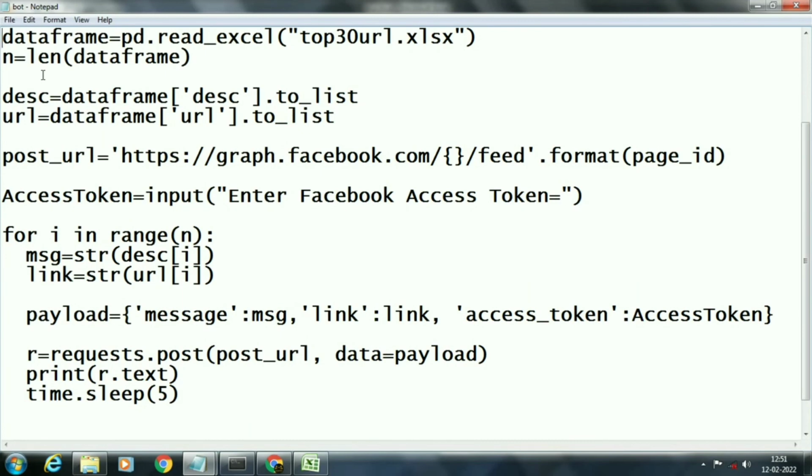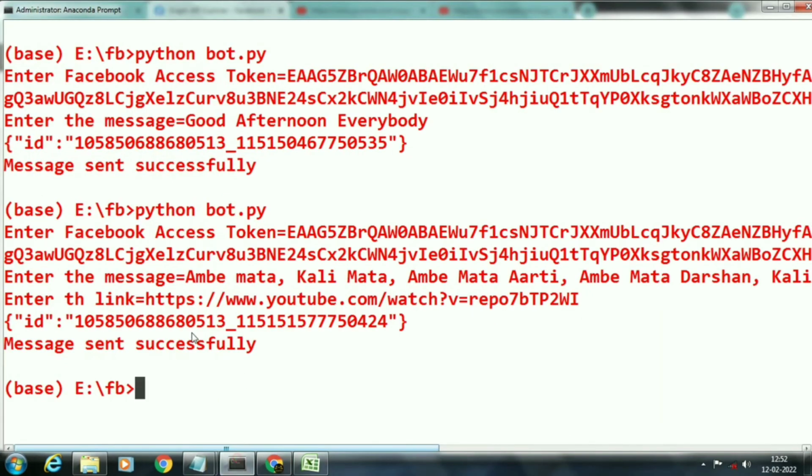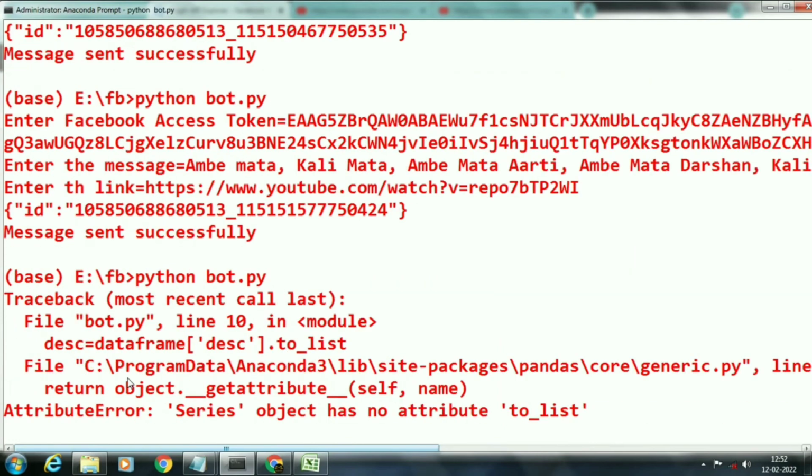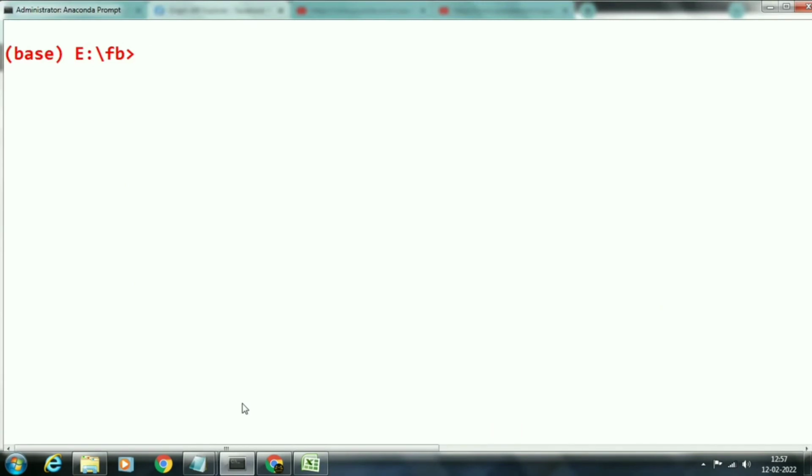Now we will save and run our program. I am running the program using the Anaconda command prompt. Oh, there is an error because here I wrote an underscore between 2 and list. I rectified the error. Now we will run our program again.